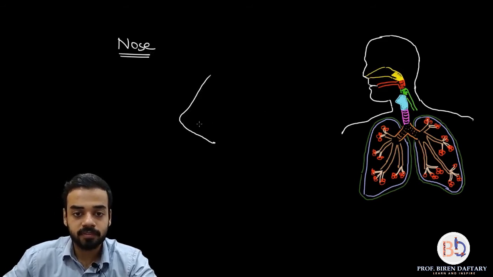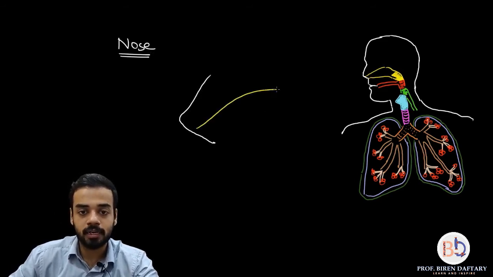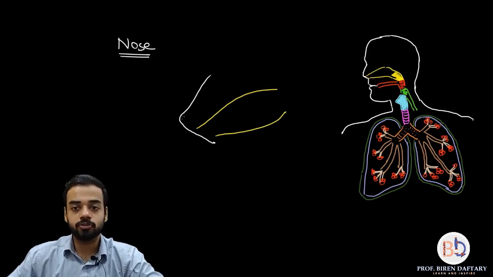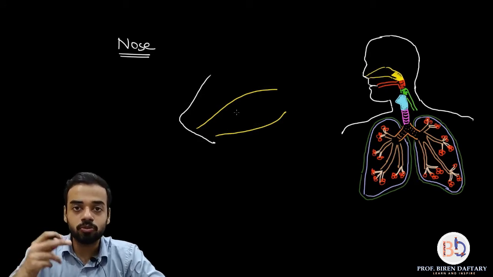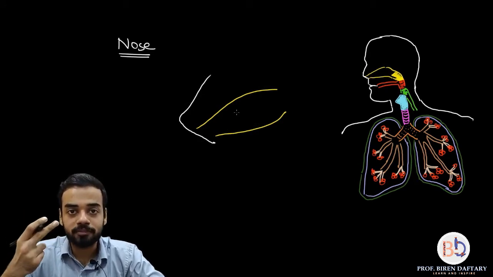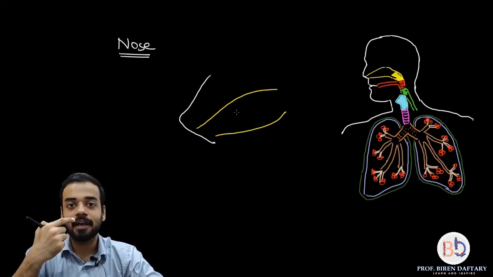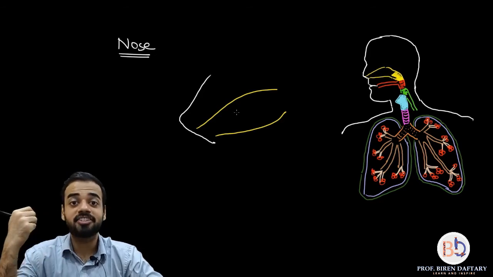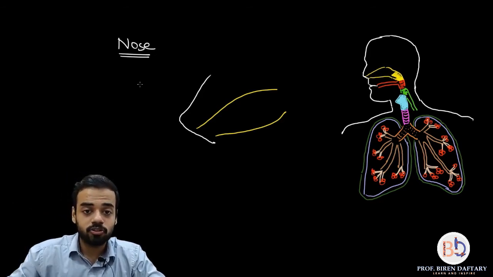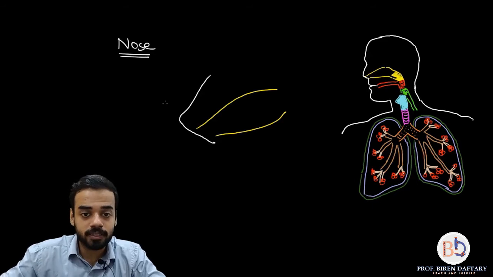So the same thing that I have drawn, I am going to enlarge that so that it becomes easier to read. So this part is your nose, you can see that, and this yellow is the part. So now the nose has got two openings which are present, everybody knows that, right? And these openings are called the nostrils. So I am just going to label those parts.